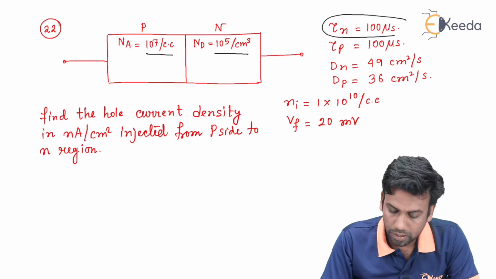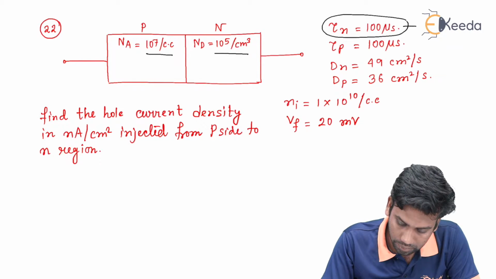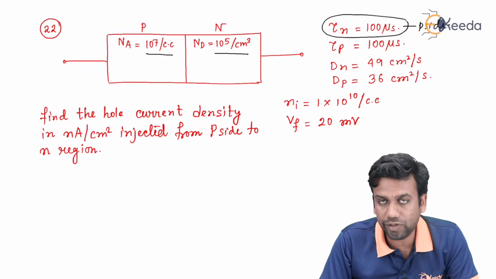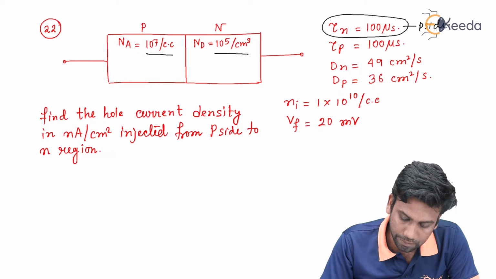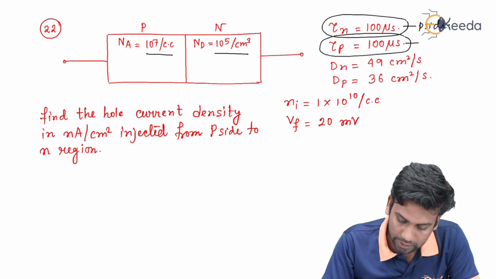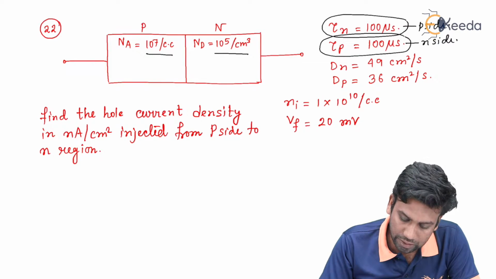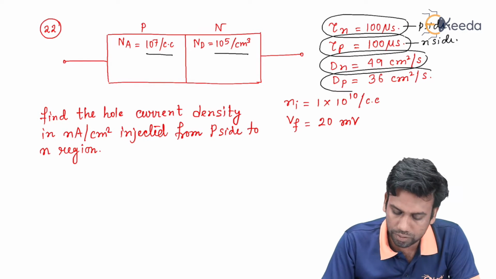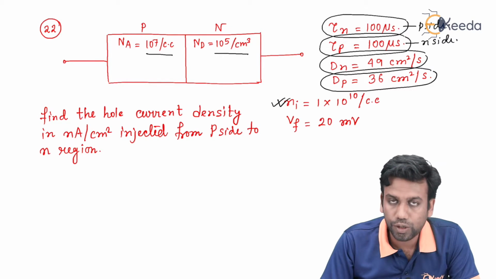and the electron carrier lifetime in the p side. So, this is the lifetime of the electrons in the p side, that is tau n, and the lifetime of the carriers, or the holes, in the n side has been provided, and the diffusion coefficient of the electrons Dn and the diffusion coefficient of the holes Dp have also been provided with the Ni, and the forward voltage 20 millivolt